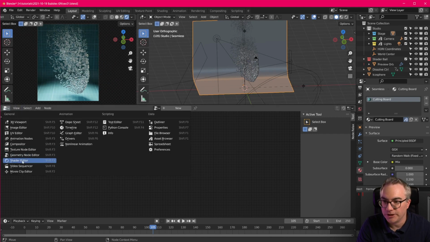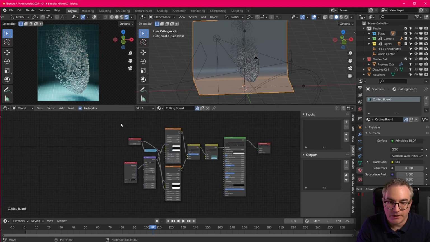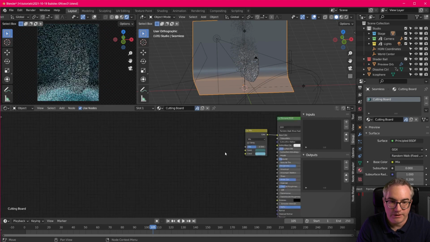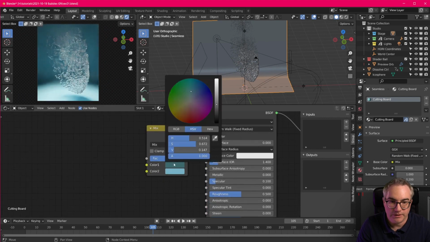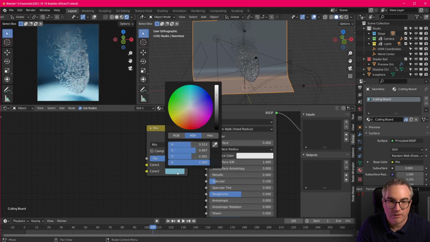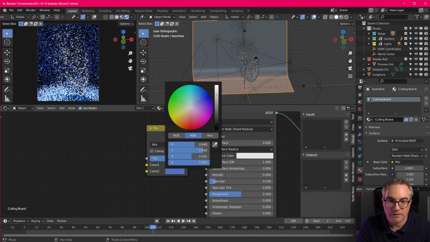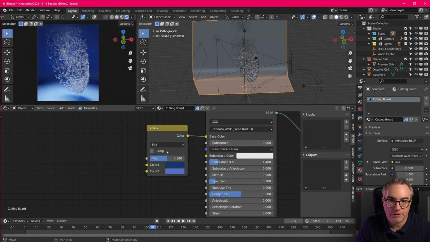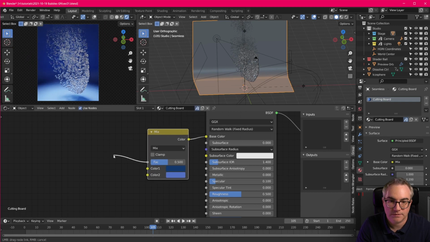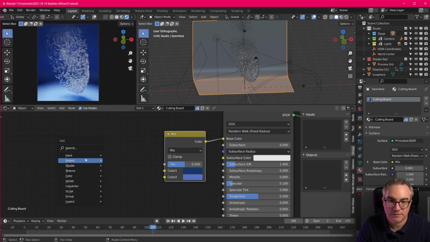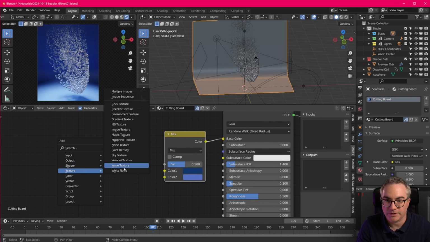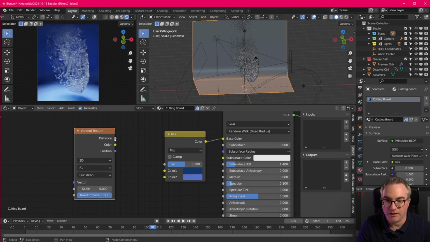So let's go to the shader. This is that cutting board. We don't need any of this. Let's do something blue and a lighter blue, like that. And then for the mix factor here between blue and lighter blue, we're just gonna take a Voronoi texture, plug that in there,